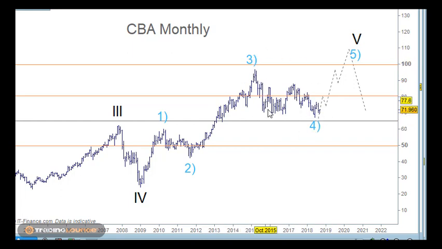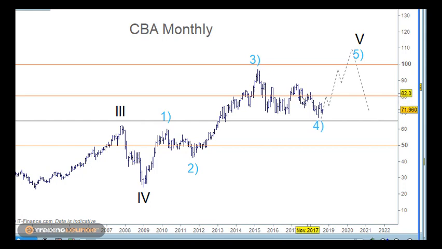This has an A and a B and a C wave here. The A wave's fine, the B wave's fine. The C wave doesn't really count out nicely as a 5-wave structure. It does in terms of 1 here and 2 here and 3 here and 4 here and then down for 5 here, but we've also got a strong overlapping wave structure between these. So I'm also going to show you on a weekly chart another way to count this, but that would also take us down a little bit further.